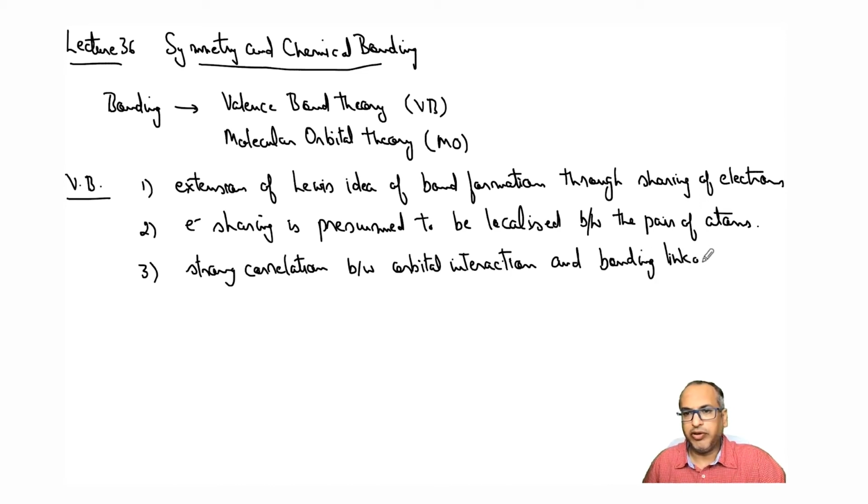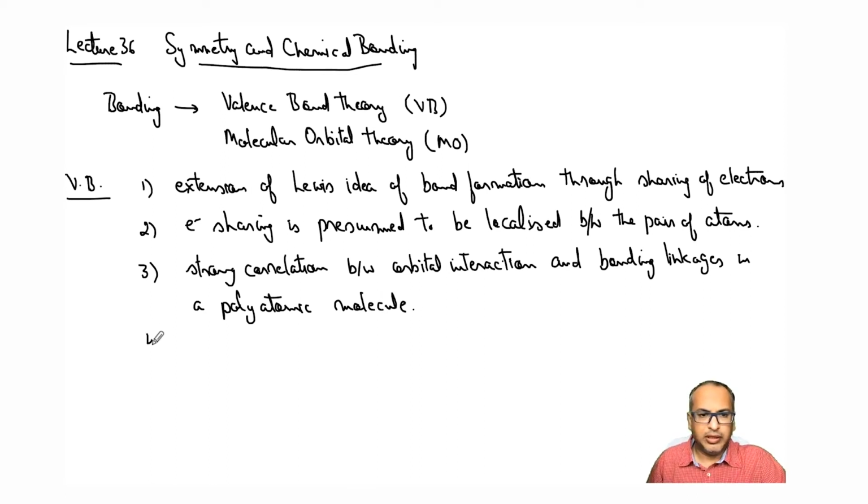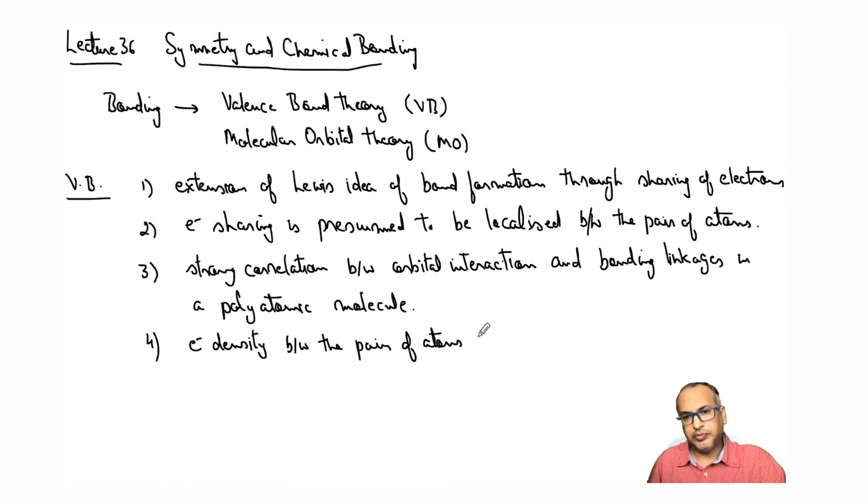This is only to refresh the previous lectures which you must have read about valence bond theory, and that is in a diatomic or a polyatomic molecule, right? And then electron density between the pair of atoms is described by